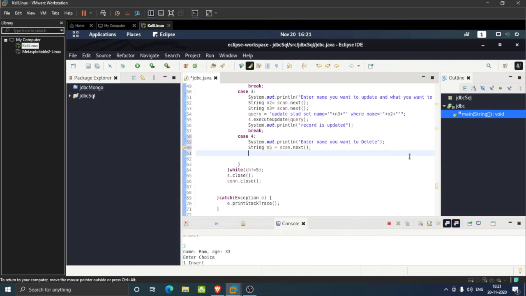So there is that. Scan dot next, and then query becomes